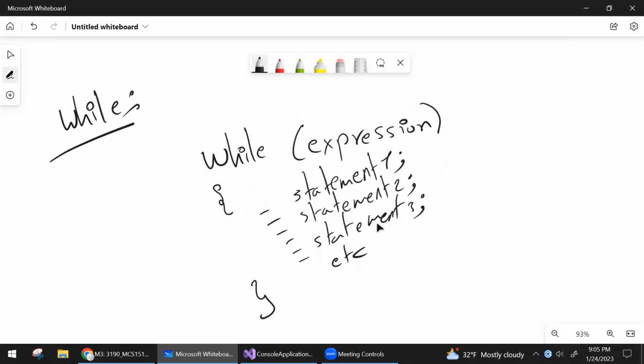Notice that one of these statements might modify the expression. So we might execute once, twice, thrice, and on the fourth time, some statement will change the expression. So now the expression, when we come back to it and reevaluate, will no longer be true. It will now become false. So now we break out of the loop. So while the condition is true, we execute. Once the condition is no longer true, then we will break out. It might be the user. The user might say, well, exit. So for example,